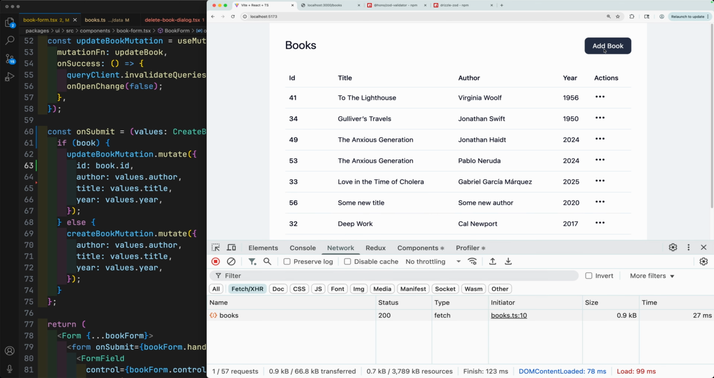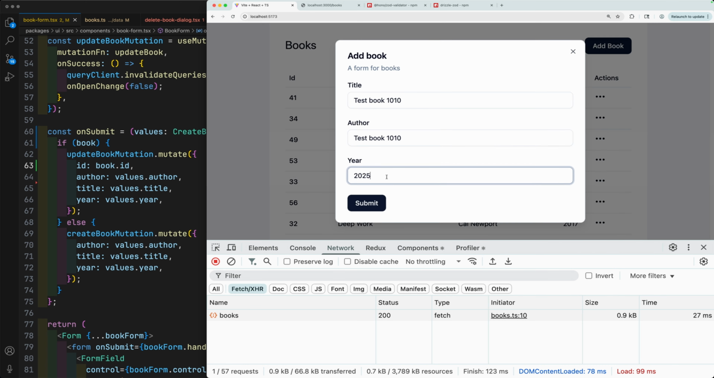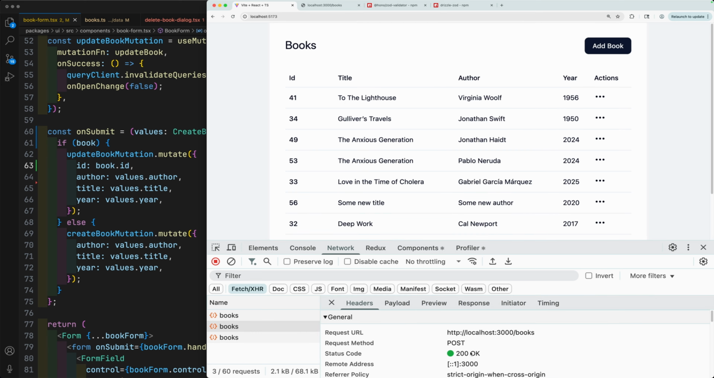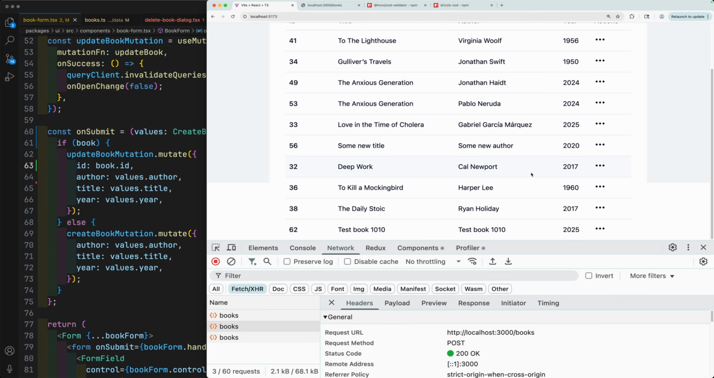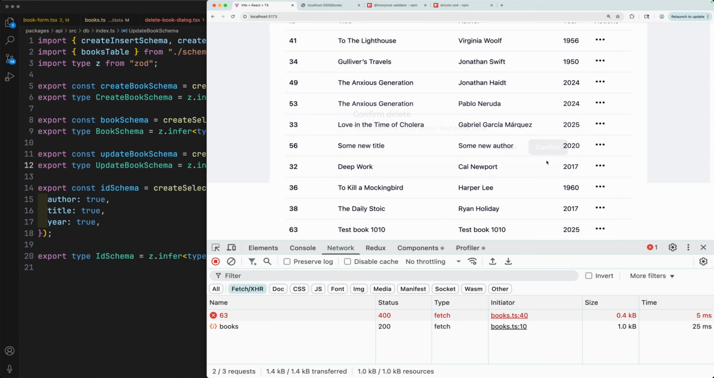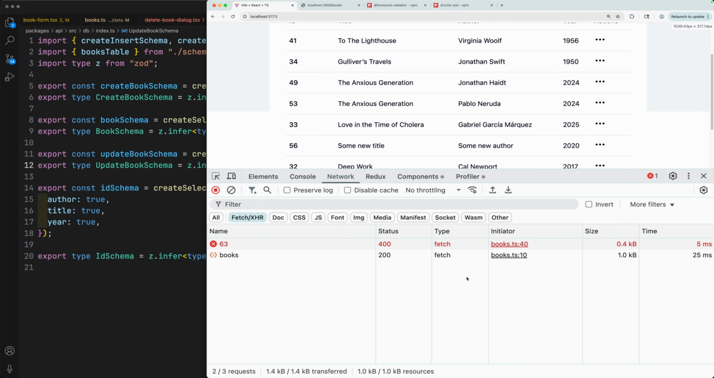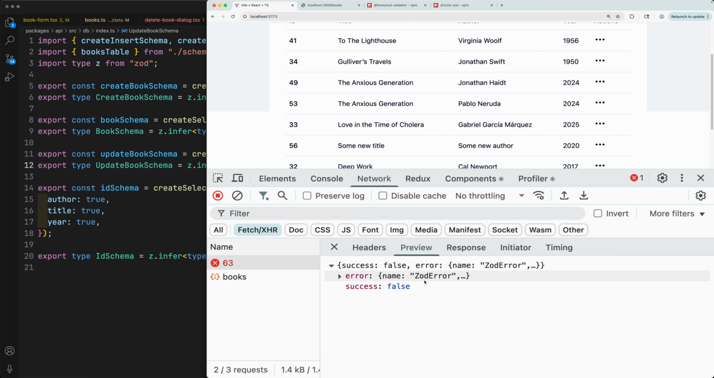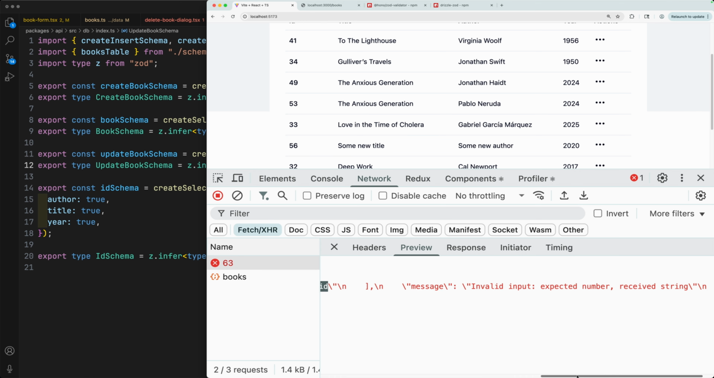First, I will try to add a book, some test values. We see that the request is going through, no problem. So when we delete, we are seeing this issue here, and it's giving me a Zod error because the input ID is expected